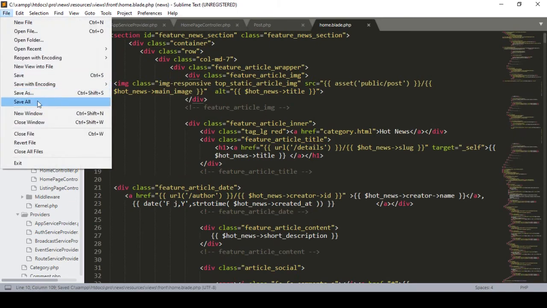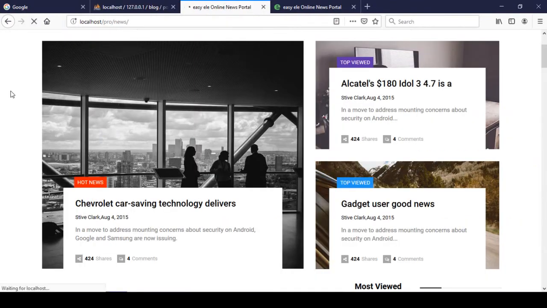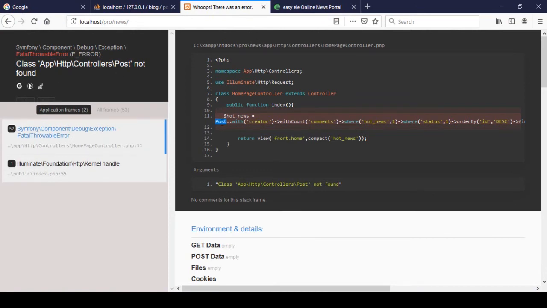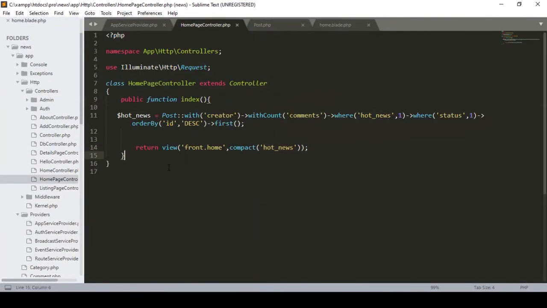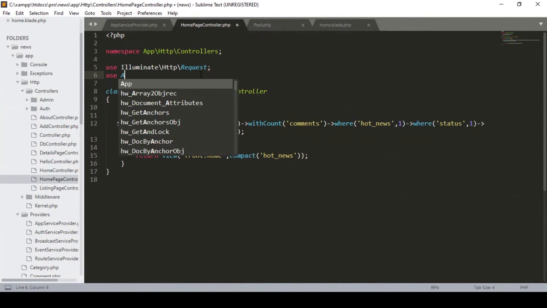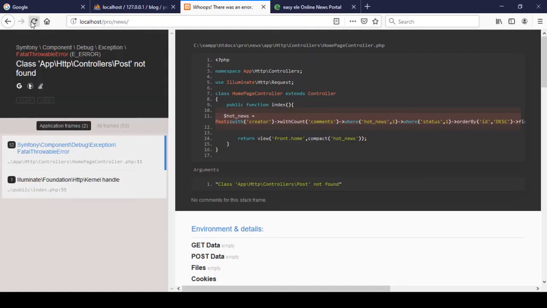I just click on the save all, and if you now refresh that page, like here I just refresh it. So now here there is a post not found. Here you can see I just defined that post model, but I didn't add it in our home page controller. So that is in our home page controller. Here you can see I just defined that post. So now I have to add it. So I just use our app, and then I just define our post model. So now click on the save all, and now if you refresh that page again,